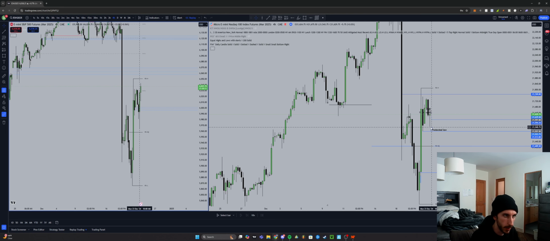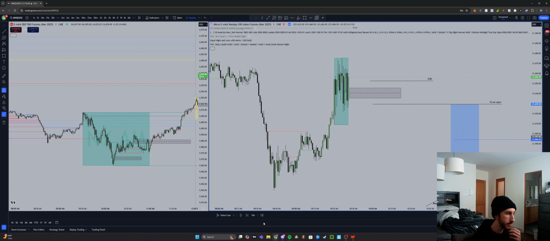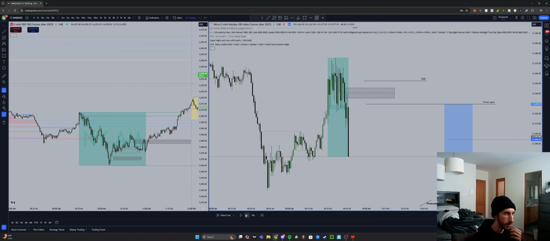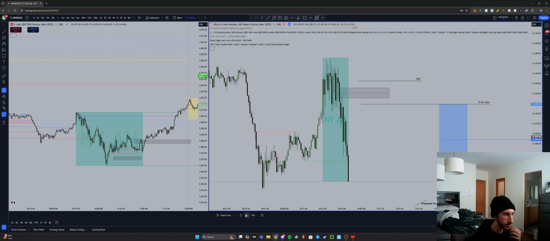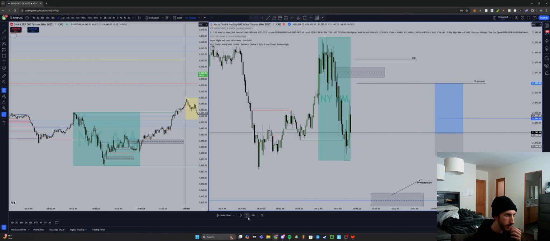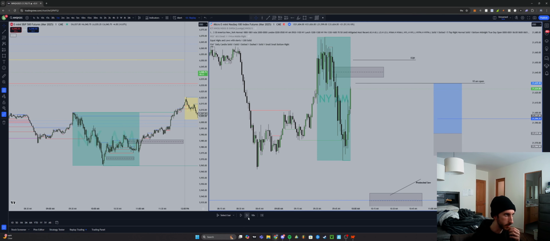So at this point, I'm looking at this high here, and I noticed that ES fails to run these highs, but NQ does run the high. So at that point, I'm just waiting for more confirmation to see exactly how we want to start to push in either direction. So here we are. It's just a lot of chop, nothing going on, no entries yet. Just still going around, just chop. All right, it's moving a little bit, but not exactly what we want to see.